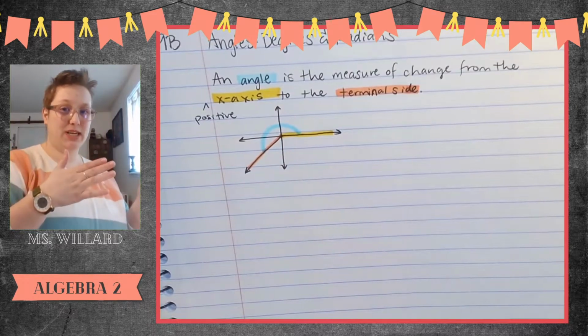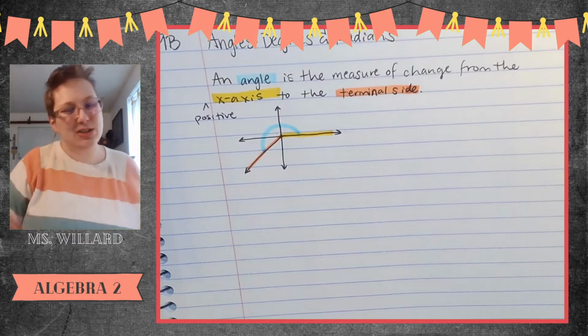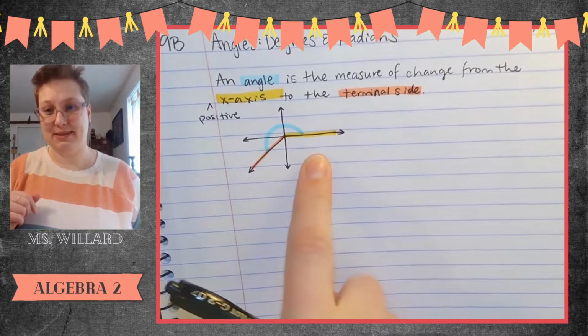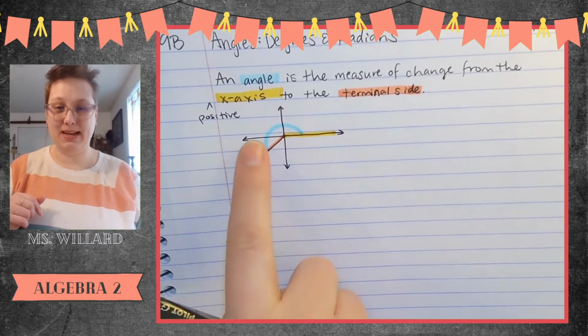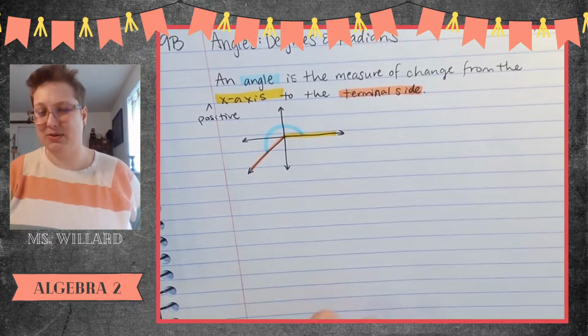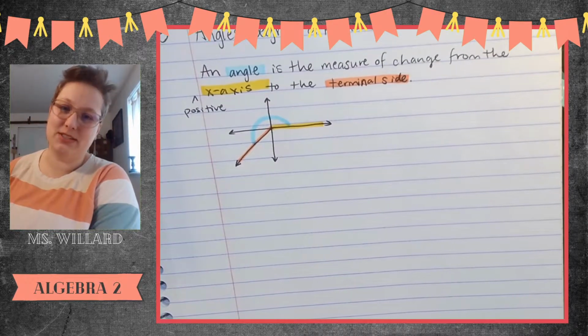So how much am I rotating from here all the way to there? It's like 225 degrees. And the reason I know that is because the whole thing is 360. Halfway would be 180, and then an eighth of the way to the next one would be like 45 more, so that's 225. We're going to talk a lot more about that, but for right now, let me just remind you